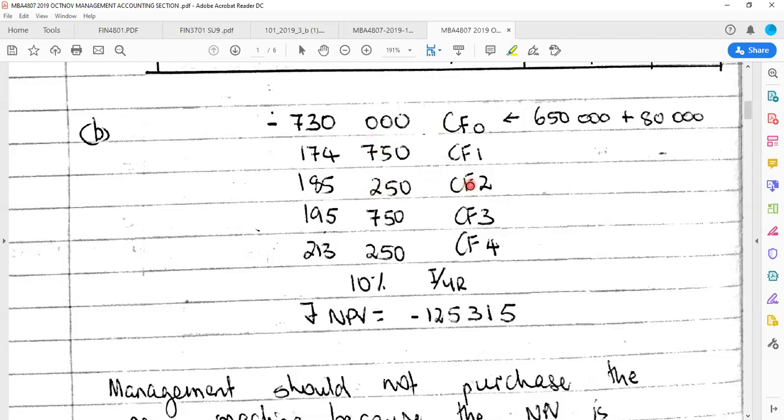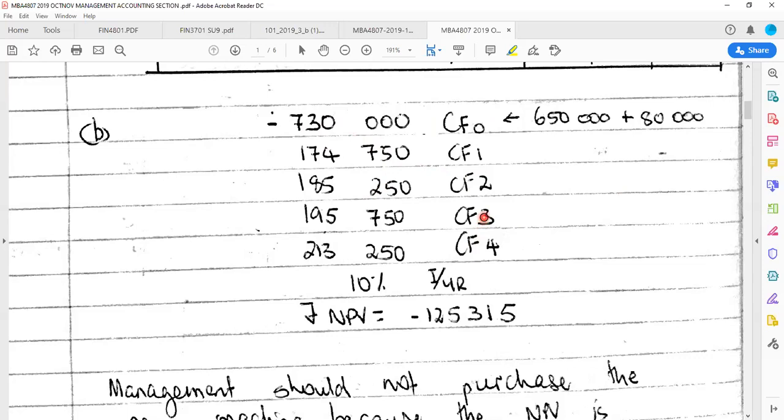So by the end of year 2, we've recovered 360,000, which means we still haven't recovered the 730. Then in year 3, to 360, you add 195,750. So in year 3, we've now recovered